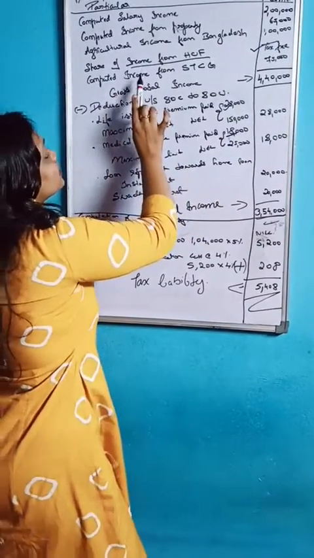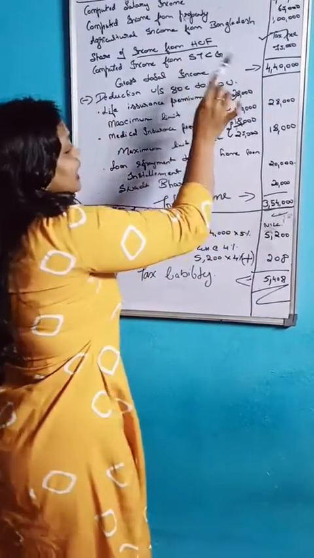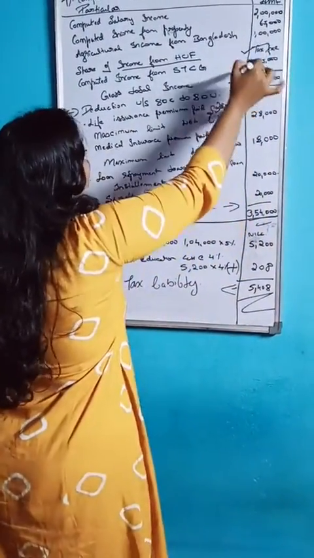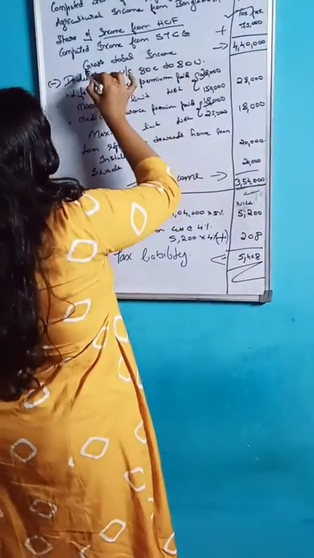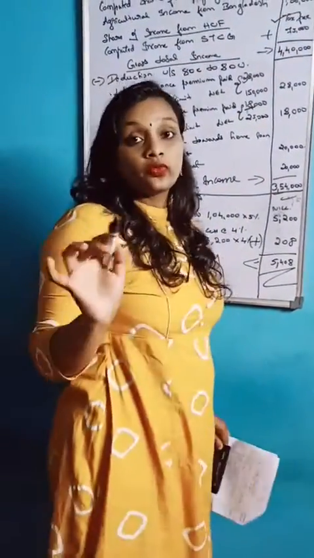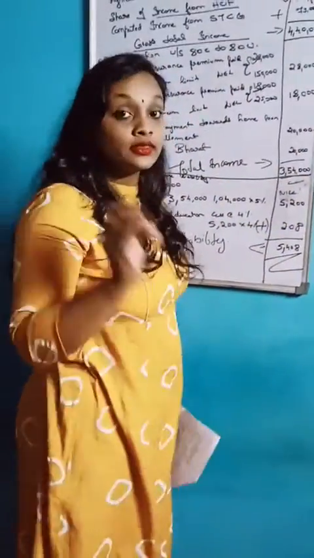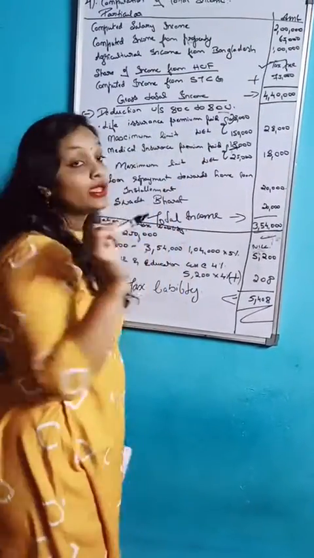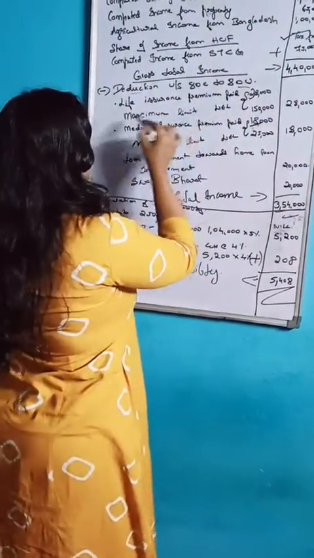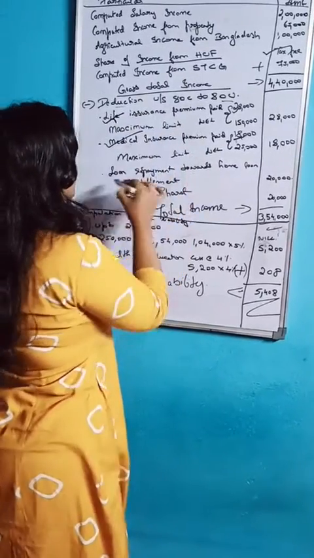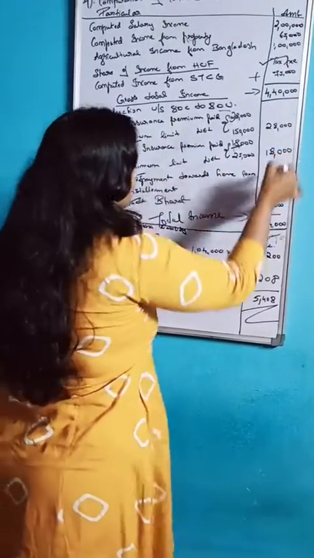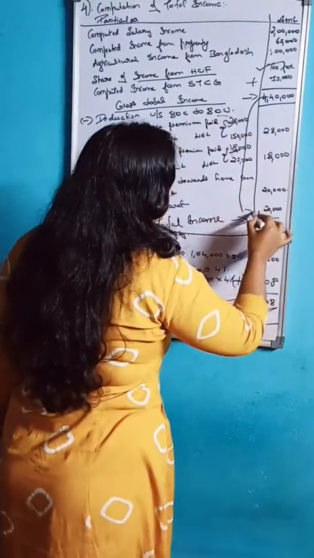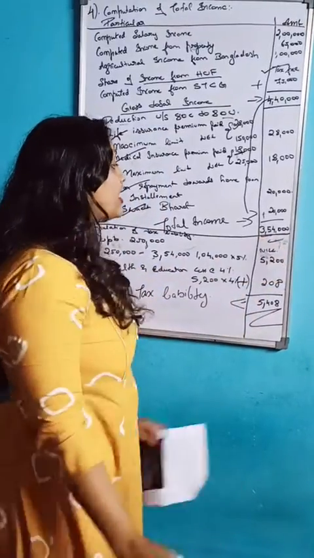Next, compute income from short-term capital gain. It comes to some income from capital gain, that is 75,000, and you add it. You should add. You will get gross total income, that is 4,50,000. 40,000. Then you see the expenses. So that is deduction, and based on the expenses you should see which are, that is life insurance, medical insurance, and loan payment, and Swachh Bharat. After doing everything you should add, and later this amount to minus, so you will get this answer, that is